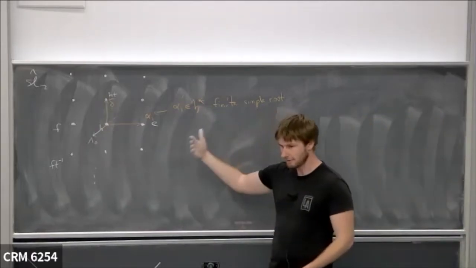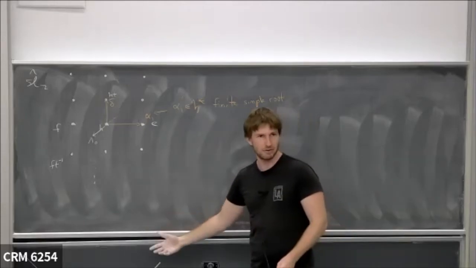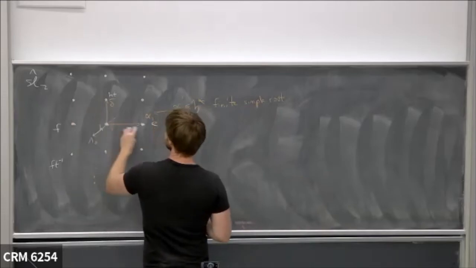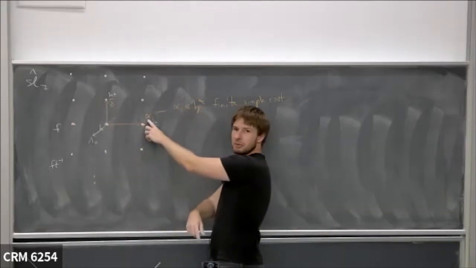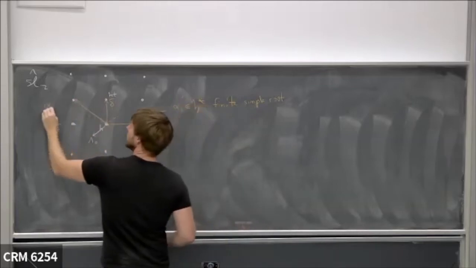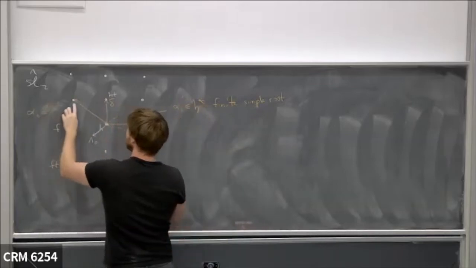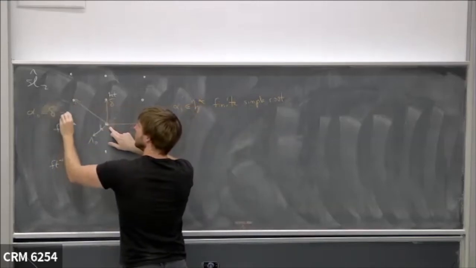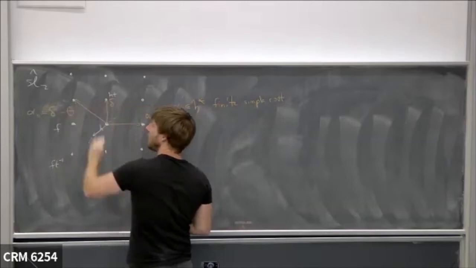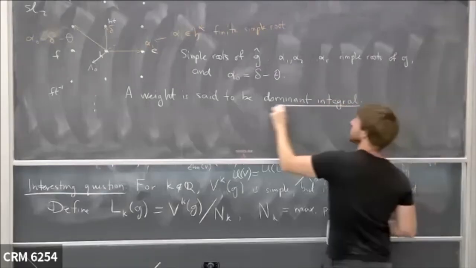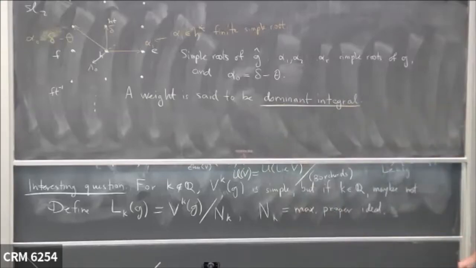So they have a Cartan matrix and all the usual theory of simple roots. So what are the simple roots? Simple roots in this case are this simple root of the finite guy, and this one, alpha 0, which is, well, delta minus alpha 1 in this case, and in general, it's delta minus the highest root of the finite root system. This is a very familiar notion of dominant integral weight